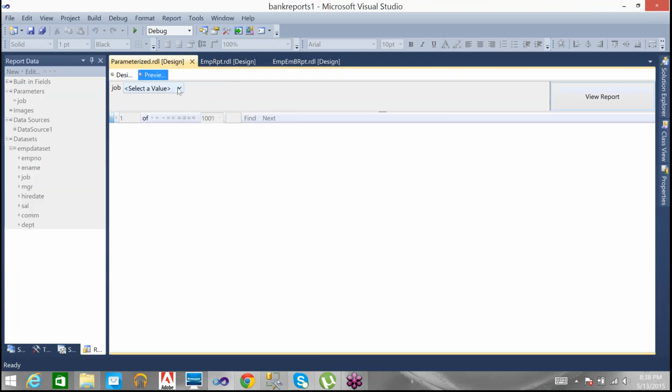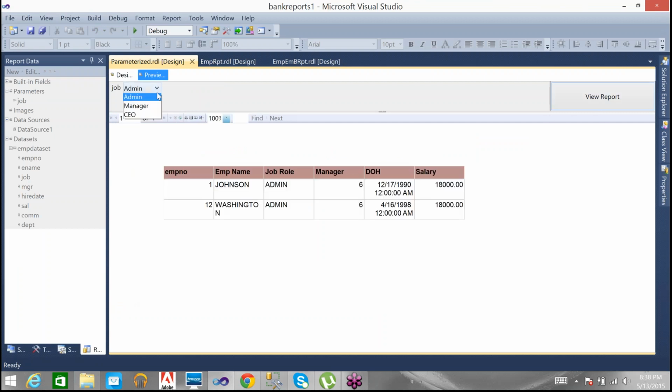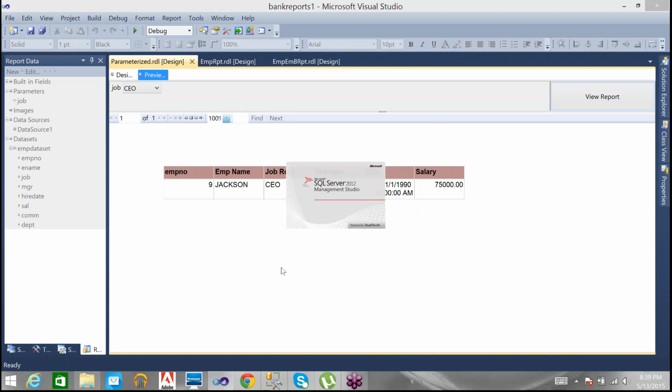Let us see what will happen. When you go to the preview, you will get admin here. View that. Then you are going to get manager. Then you are going to get CEO. That's it. You are going to get multiple things. Now here, are we getting all job roles of my employee table? We are not. We specified only three. What happens if somebody adds one more job role into the employee table later in the database? They added one more employee and one more job role.